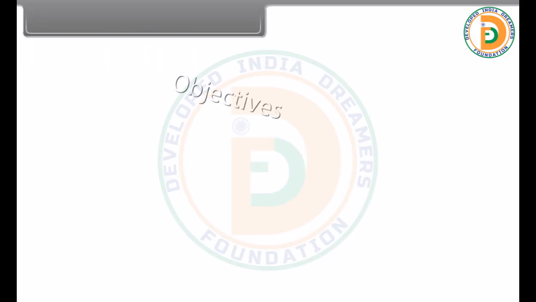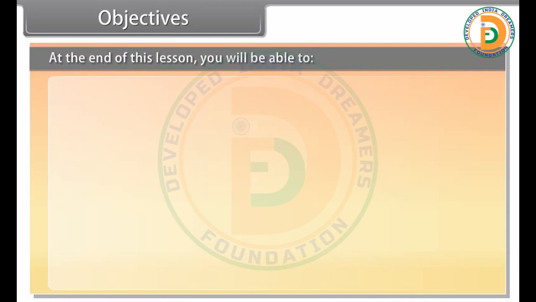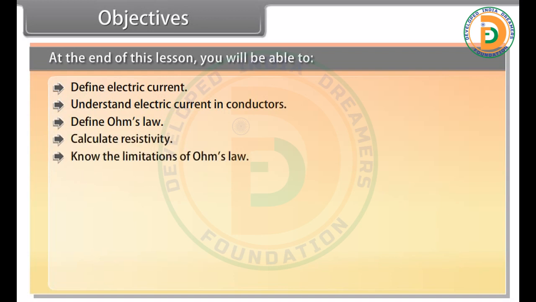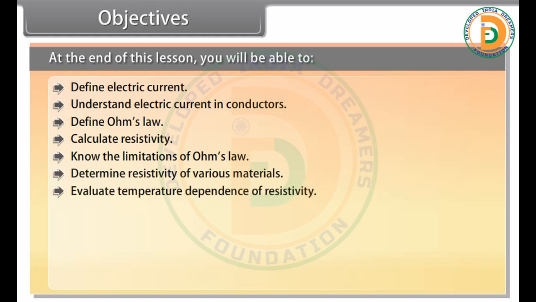Objectives. At the end of this lesson, you will be able to define electric current, understand electric current in conductors, define Ohm's law, calculate resistivity, know the limitations of Ohm's law, determine resistivity of various materials, evaluate temperature dependence of resistivity,